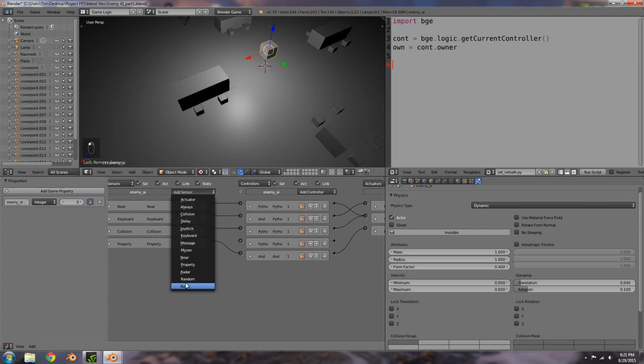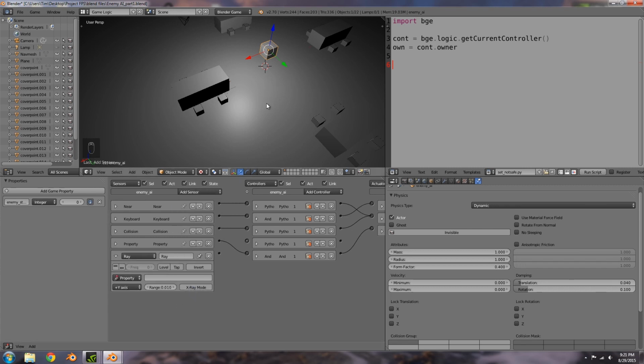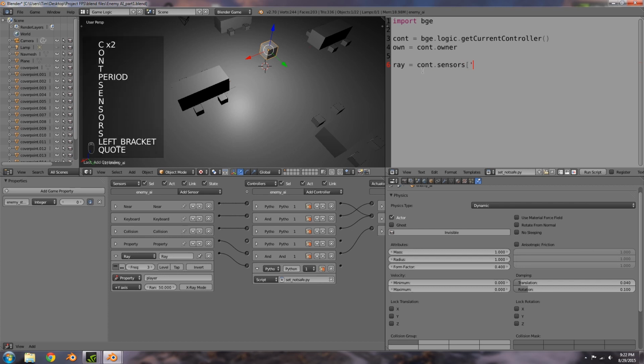So now what we need is a ray to check if it can see the player directly. And to do that, we'll type in player here and set this to, I guess, just 50. And on a true pulse, maybe every 3 or something. And then let's go over here and put that in, like so. So what we need is set not safe, and in here, ray is equal to cont.sensors ray. So if ray dot positive, then what we want to do is also get the object it is